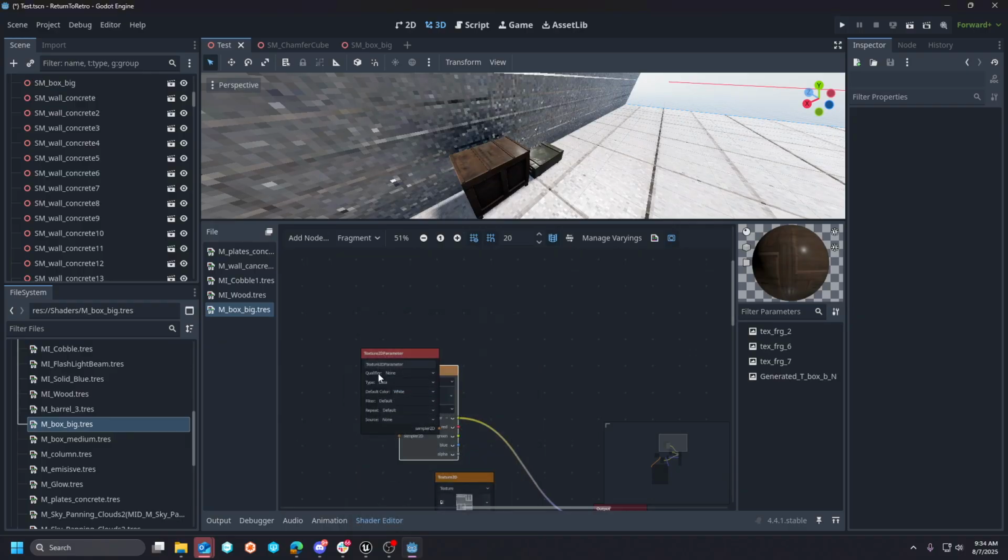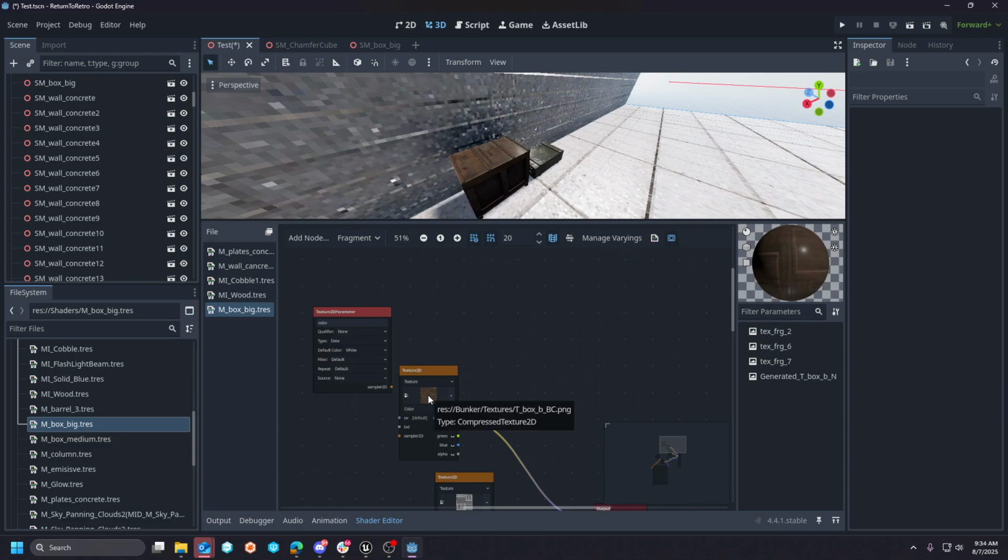And we'll just call it color. And let's make note of where this is: T-box BBC under bunker and then textures. Okay, so then we'll draw this here. The type is no longer going to be the texture. It's going to be